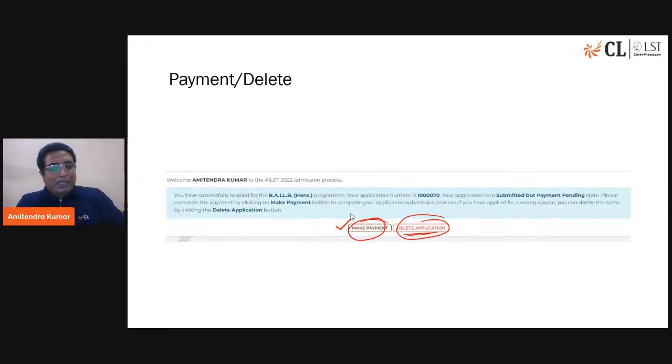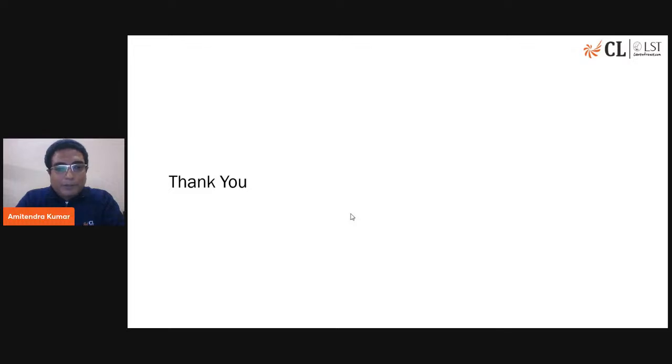Not very difficult, unlike CLAT. I think this is one of the simplest forms you will come across. So not very difficult at all, actually. Now, a few things to understand. Some of the forms, MHCET and SLAT, are not out yet, but the moment they are out, we will definitely do form filling sessions for them. SLAT is somewhat complicated given the number of campuses and the number of programs they offer. So whenever it appears, we will definitely do that.